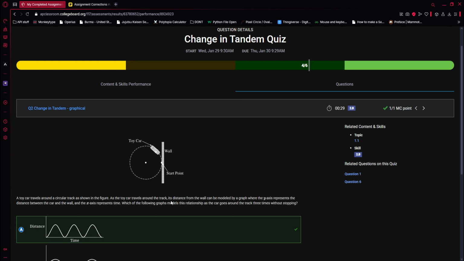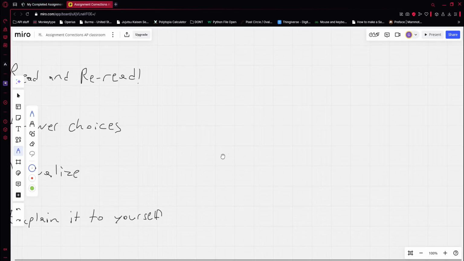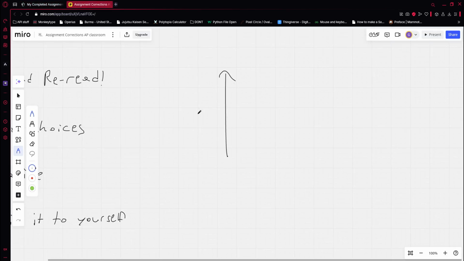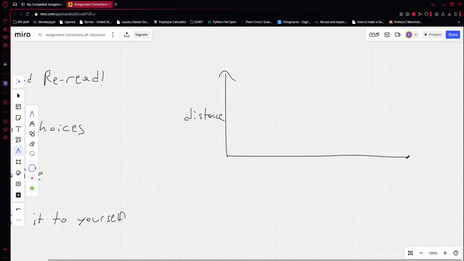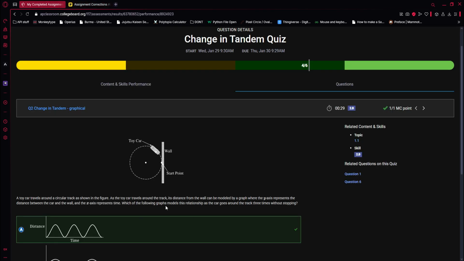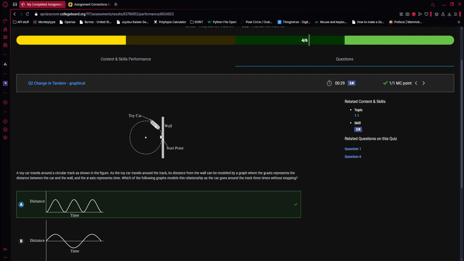As the toy car travels around the track, its distance from the wall is modeled by a graph where the y-axis represents the distance, okay, distance, and the x-axis represents time. Time. Got it? Which of the following graphs models this relationship as the car goes around the track 3 times without stopping? Okay, so